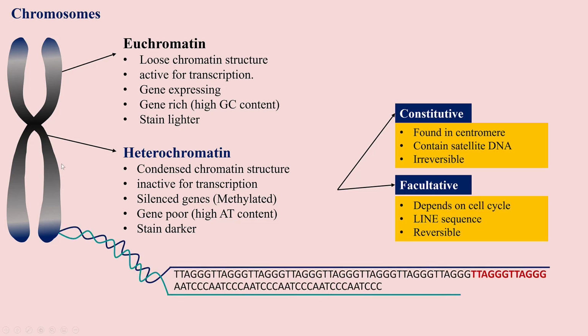The third region present in a chromosome is the telomere region. Telomeres are specialized DNA-protein structures located at the end of eukaryotic chromosomes, consisting of small tandemly repeated DNA sequences, TTAGGG. These sequences are present at the end of the chromosome. These repeats are known as telomere repeats. Their function is to protect the ends of chromosomes from deterioration or fusion to other chromosomes during cell division.